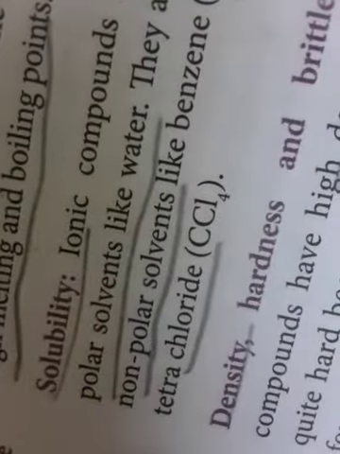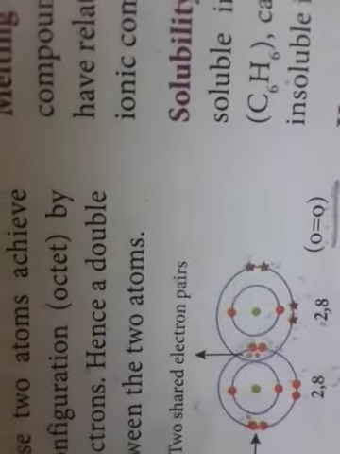Here I finished this. I hope all the students could have understood what a covalent bond is. Some illustrations are given for the hydrogen molecule, the chlorine molecule, formation of methane, formation of oxygen and formation of nitrogen, and the properties of covalent compounds. All of this I explained. I hope you all could have understood this.